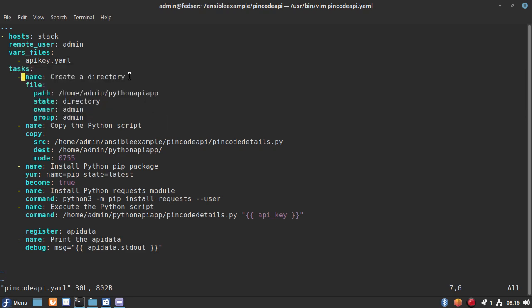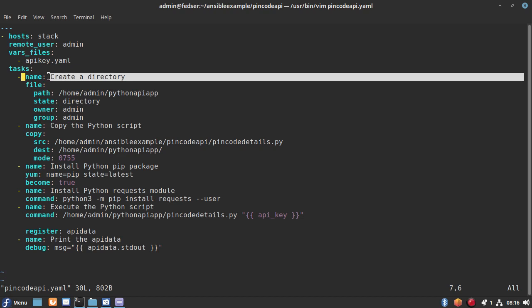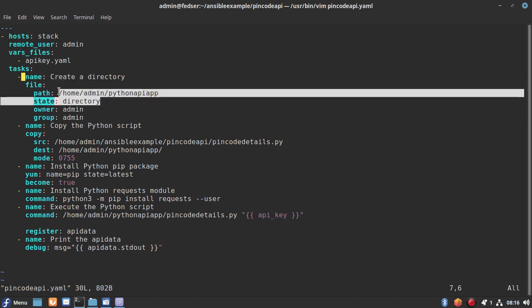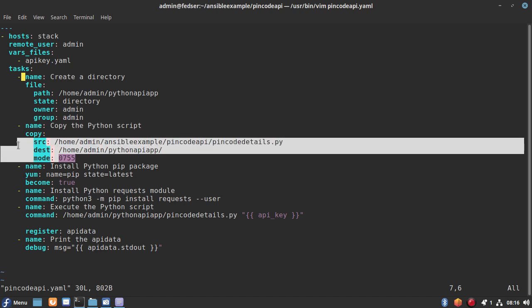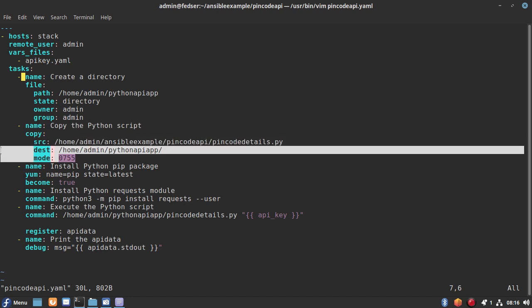The first task that I have created is creating a directory path, with owner and group admin. Then we are going to copy the Python script from our controller node to the remote node. Source and destination we are providing, and the permissions which we want to set on the remote node file, that is the Python application.